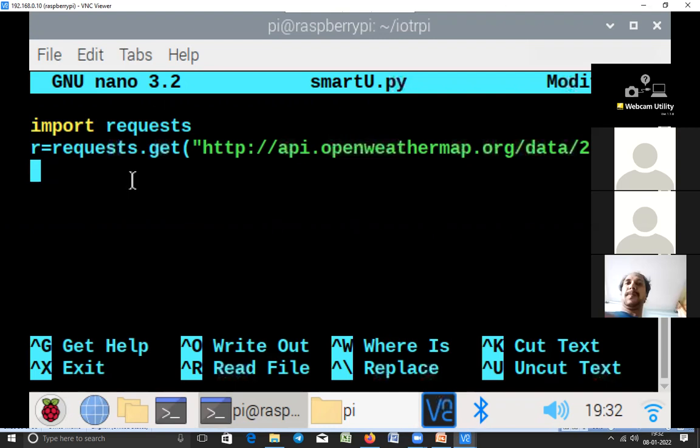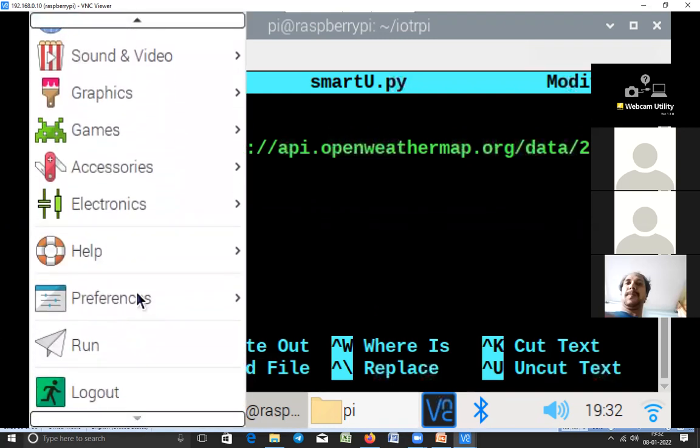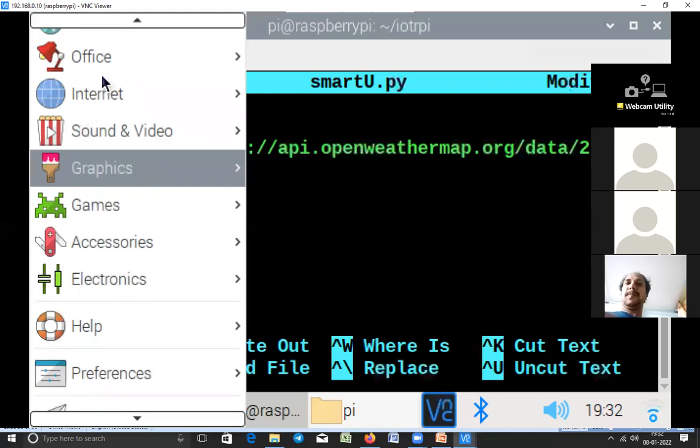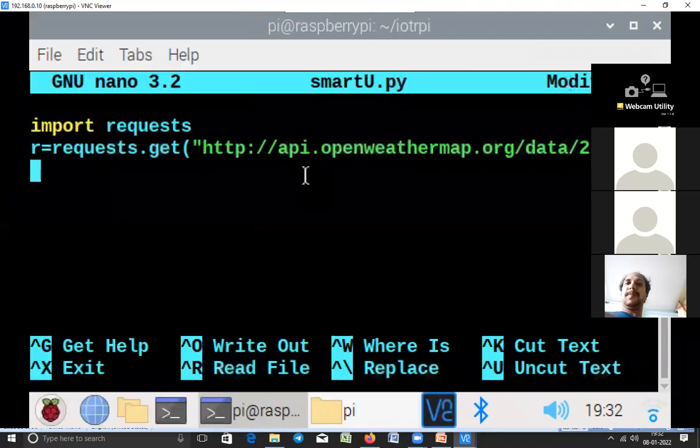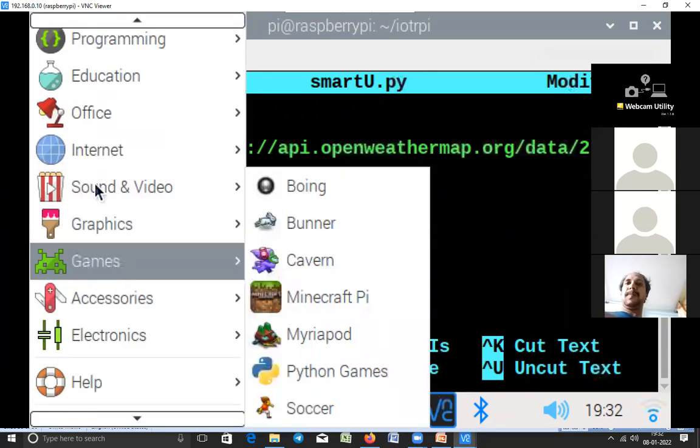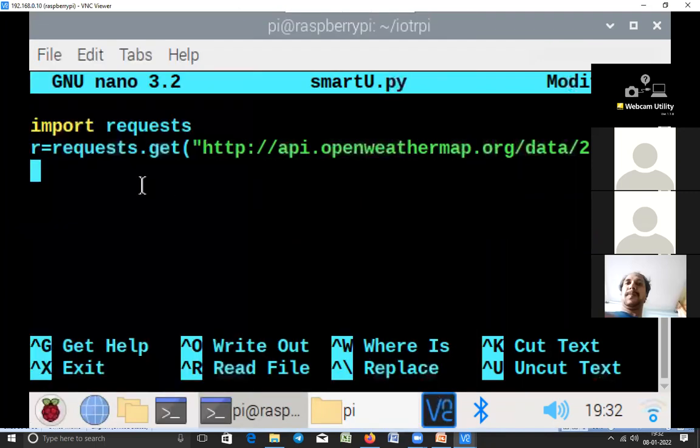Yes, but why are we using this command line? Why not any IDE? Yeah, we can use one, but this is a better thing. In Raspberry Pi you have many other options like Thonny Python IDE and other IDEs, but this is good when you practice. For beginners, my suggestion is to go with IDEs, but when you are practicing more, it is always good to use this nano editor, because it will help you a lot in Raspberry Pi if you want to write more code and execute continuously.